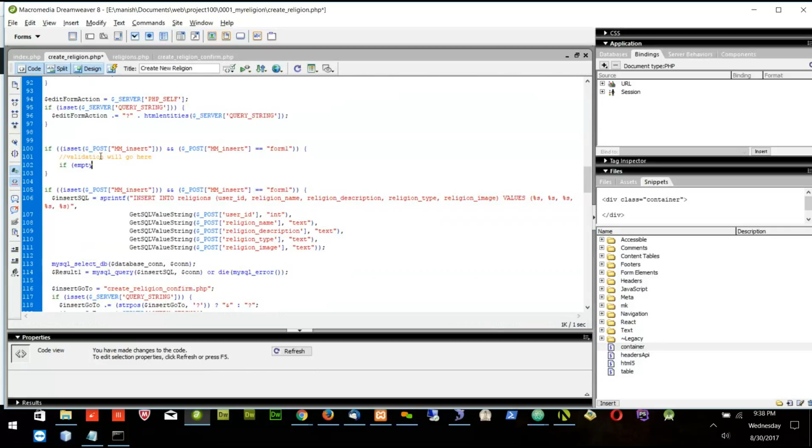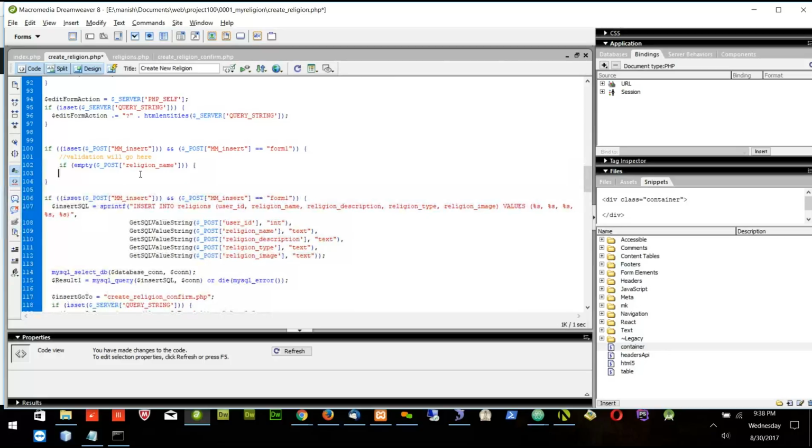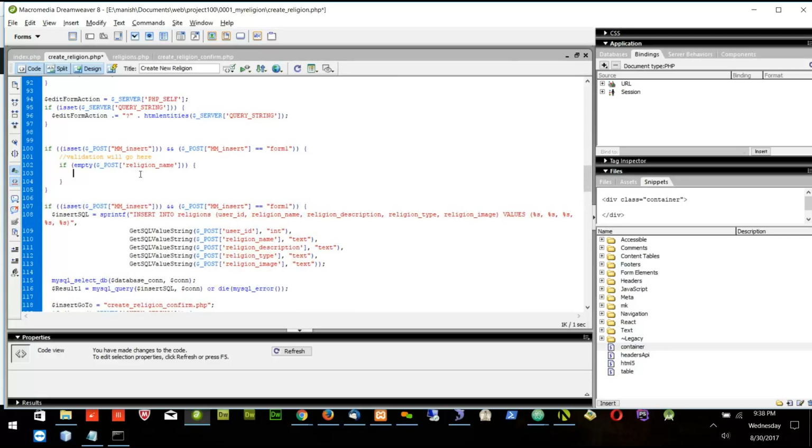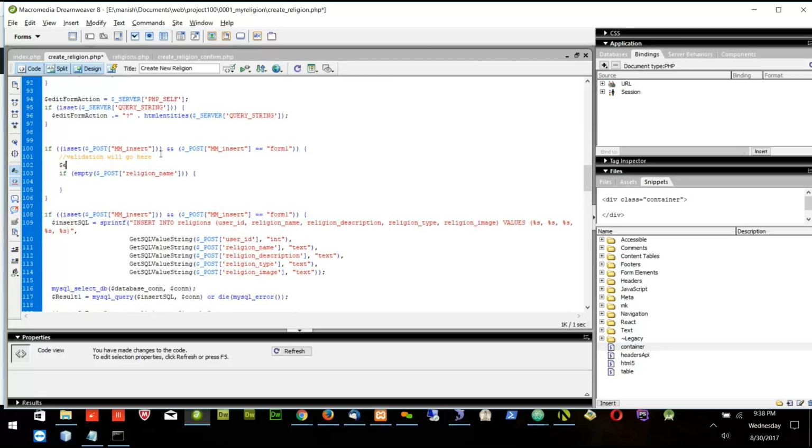Empty means if I don't have anything in this religion name. If religion name is empty, then I will create one variable called error message, and error message will be initially empty, and then I will say $error message dot equal to, maybe I will say